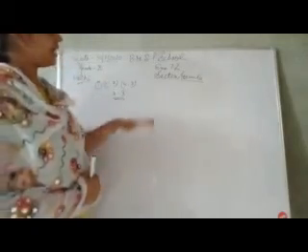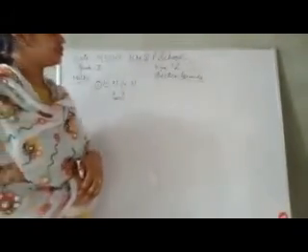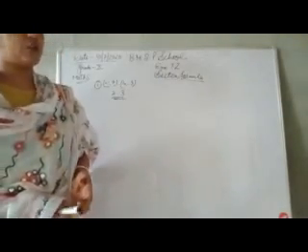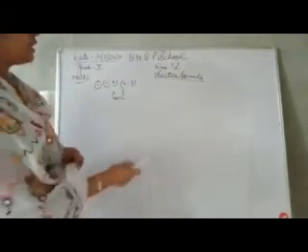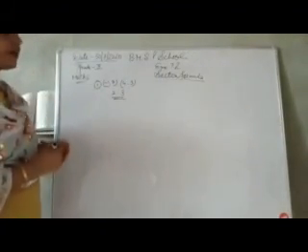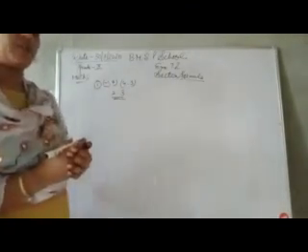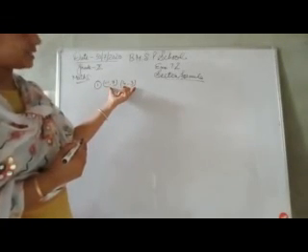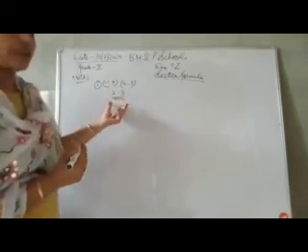We were doing chapter number 7, which is related to coordinate geometry, and exercise 7.2, which is related to the section formula. Okay, 7.1 we have already done, which is related to the distance formula. Now in the first question they have given: find the coordinates of the point which divides the line joining these points in the ratio 2:3.